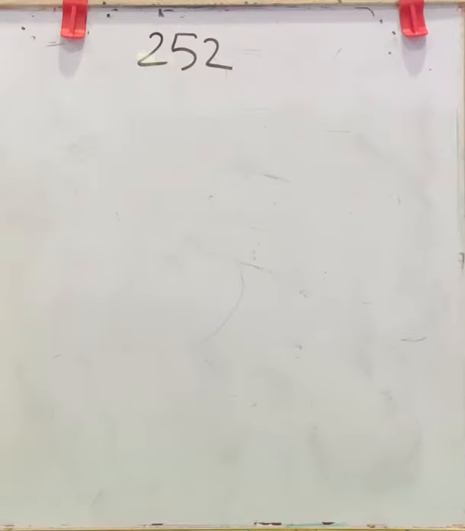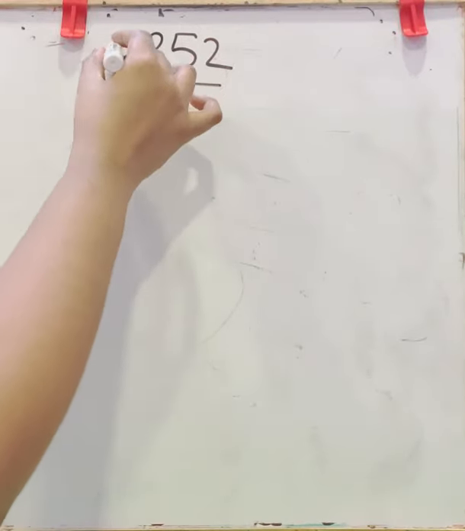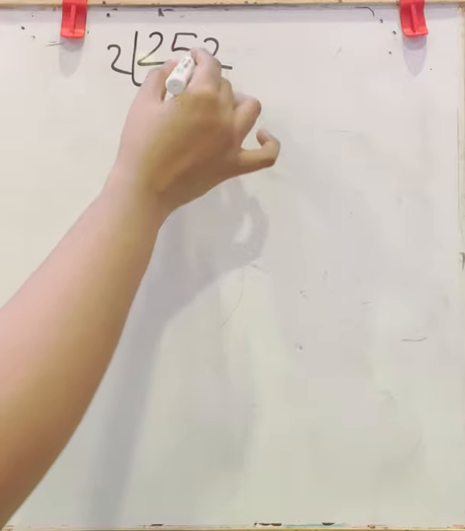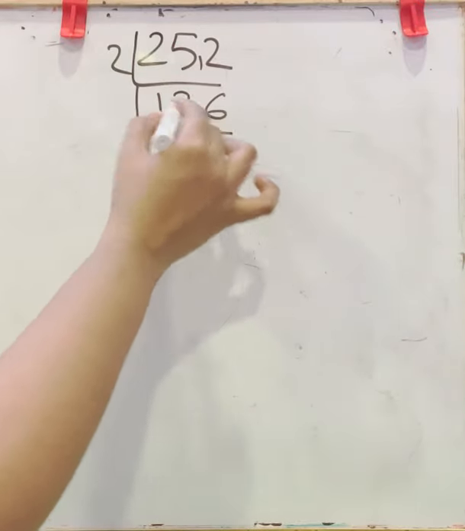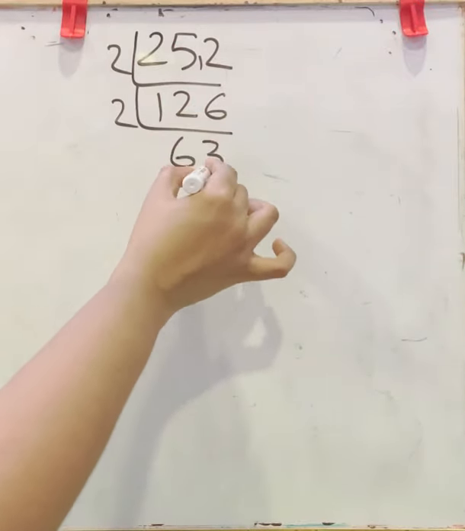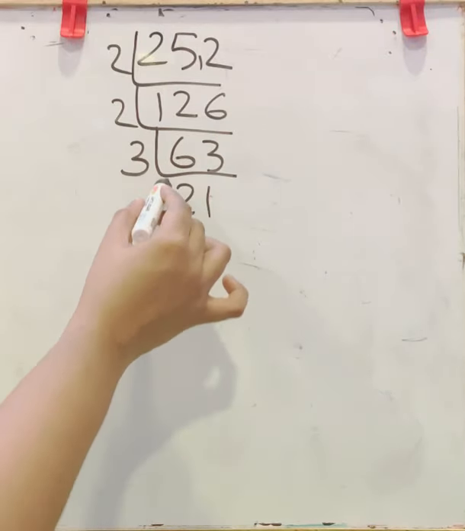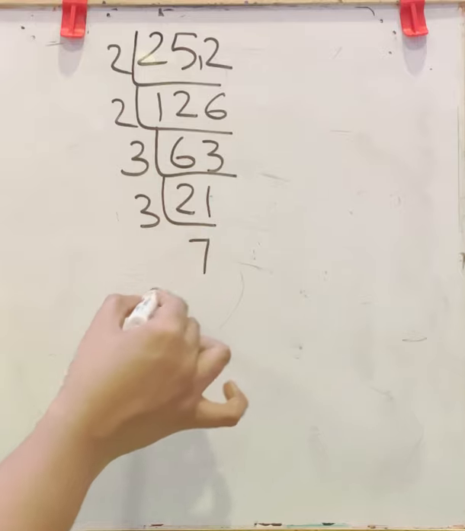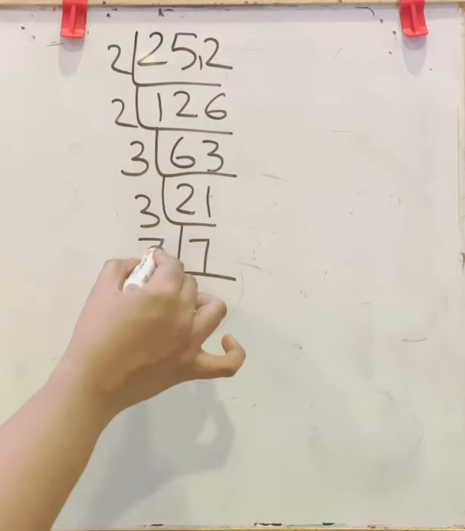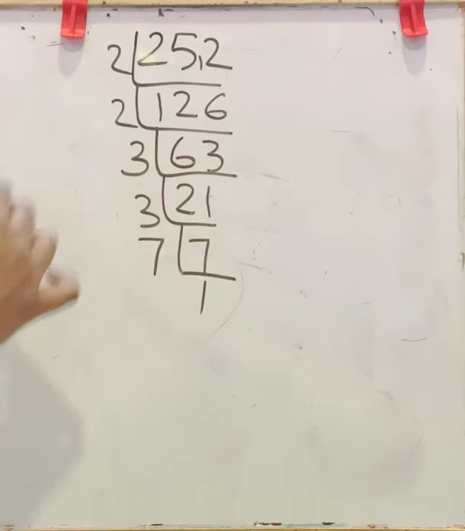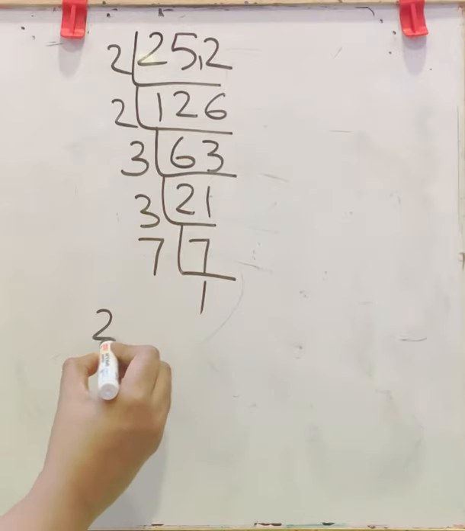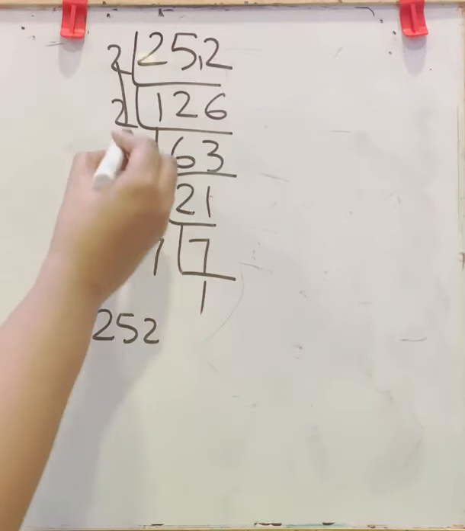So you have to factorize it, starting with 2. 1 2s are 2, 2 2s are 4, balance 1, 6 2s are 12. Again 2, 6 2s are 12, 3 2s are 6. Next is 3, 3 2s are 6, 3 1s are 3. Again 3, 7 3s are 21. Now in 7, 7 1 times. This is the factorization.